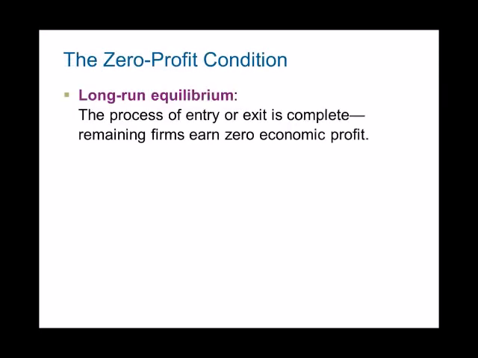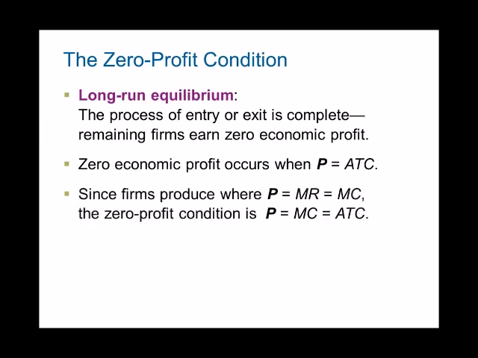So in the long run, because of entry and exit due to profit, if there is profit, there will be entry. If there are losses, there will be exit. Eventually, the firms in the industry will earn zero economic profit. Zero economic profit occurs when price equals average total cost. So when you sell an extra unit, you're bringing in an amount equal to P. And to produce that P, it costs on average an amount equal to ATC.